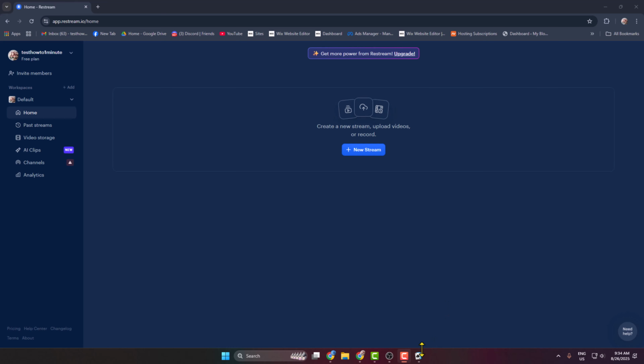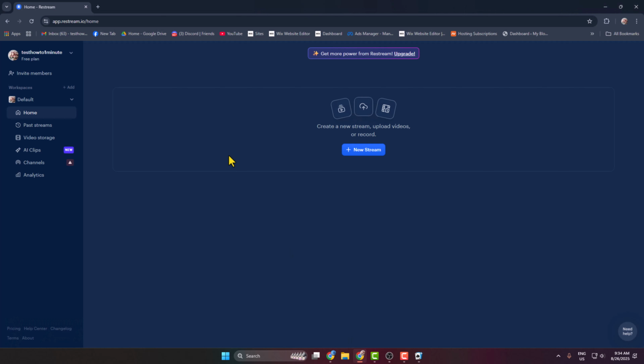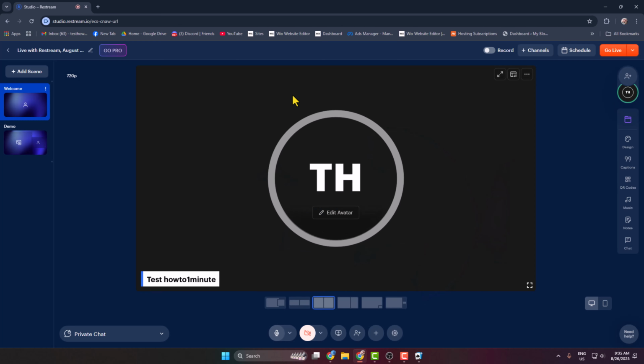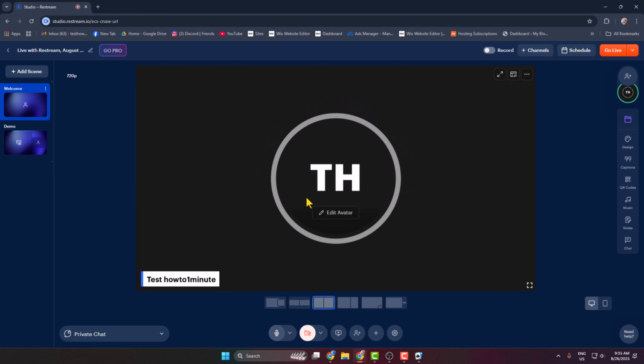So first of all, on your PC, you have to launch the video game that you want to stream. And then go to your Restream website, and after logging in to your account, click on Create New Stream, and here select Restream Studio. And this is your Restream Studio dashboard. In here, you have to click on